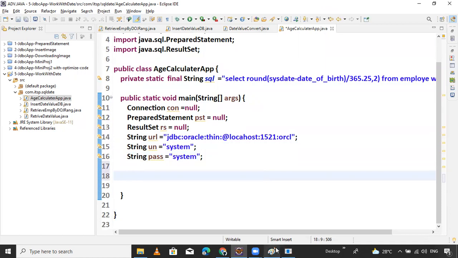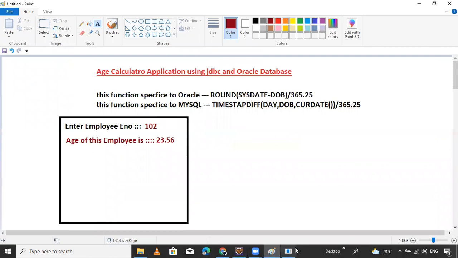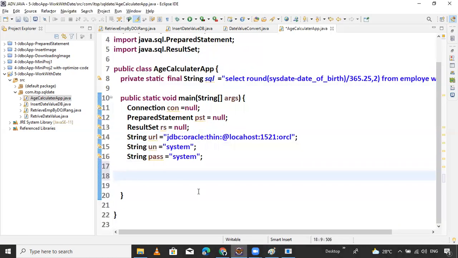If anything is required, I will declare it as global. Here we ask the user for input, so it's better to declare the scanner as global. Okay, a local variable scanner. This is a local variable, that's why we are providing value initialization. If you are not providing it, it's okay, no issue. It takes the default value null automatically.